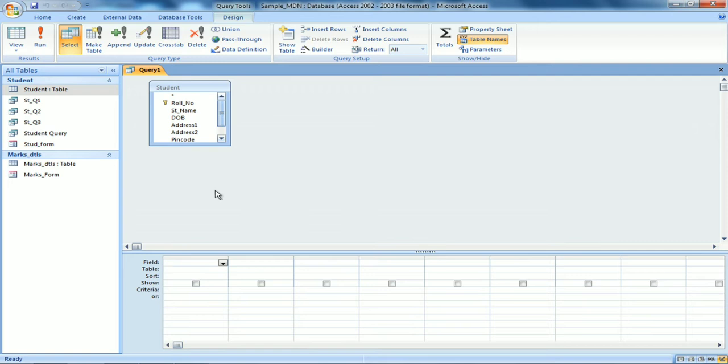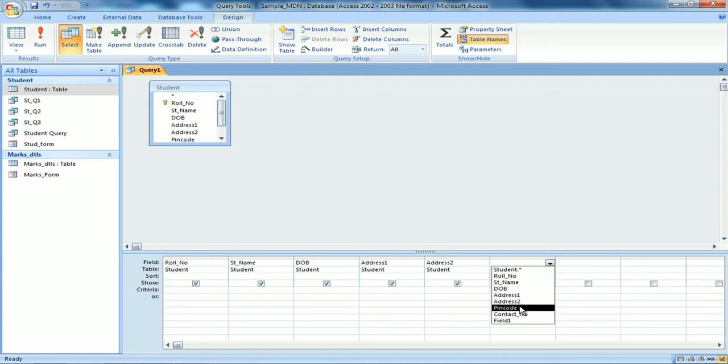Pin code was a text, so roll number, student name, date of birth, address 1, address 2, PIN code, contact number. Now in the PIN code, which is a text type of field, I am going to give a criteria.